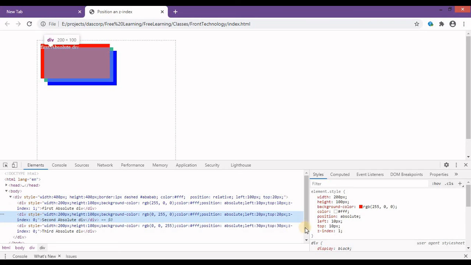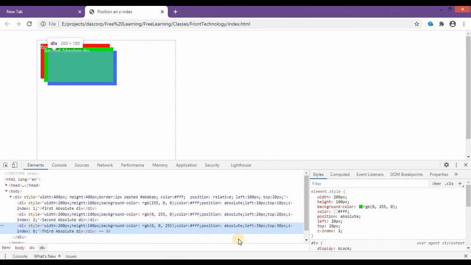Now if I provide the second one as 2, it will be up again, and if I provide the third one as 3, it will be up again. We can also provide negative z-indexes, and that is applicable if you want to keep some element behind our contents, like some background elements or something else. Then this negative z-index will help a lot.